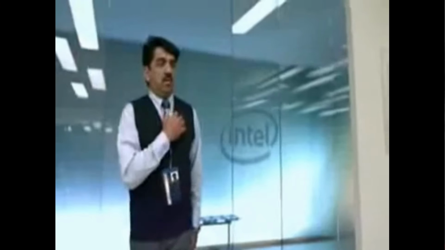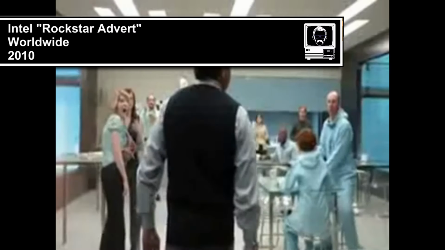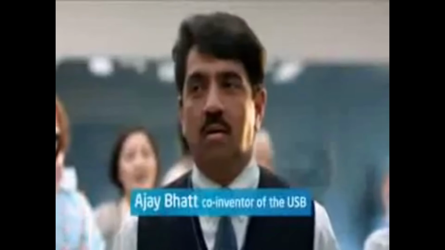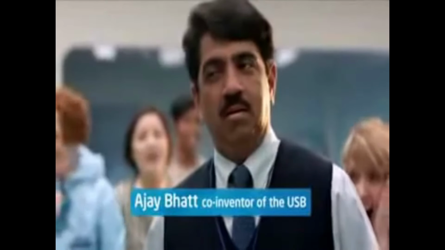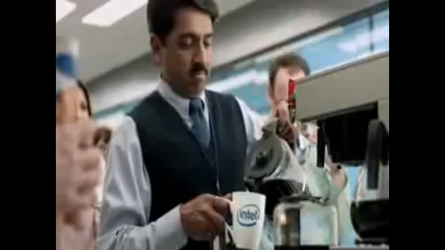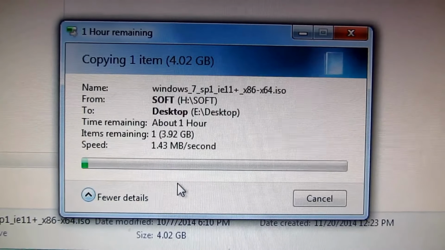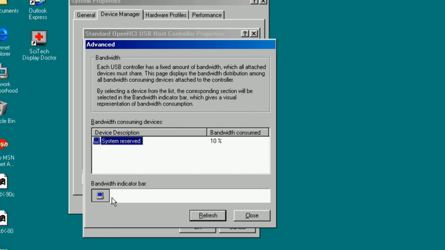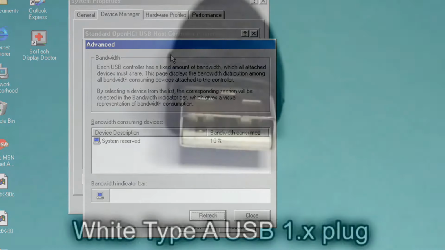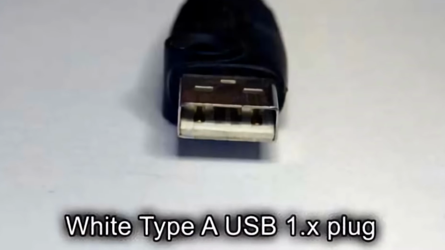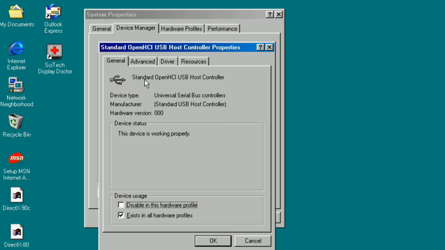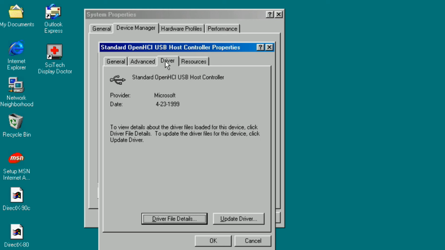One of the team members working on this was AJ Batt, working at Intel, who then produced the first USB integrated circuits in 1995. This original specification had a standard data rate of 1.5 megabits per second up to 12 megabits per second, and was supported by Windows 95 Service Pack 2, but it took a few years before USB started to become standardized. In September 1998, USB 1.1 was released, which had less timing and power limitations, and was adopted much quicker,